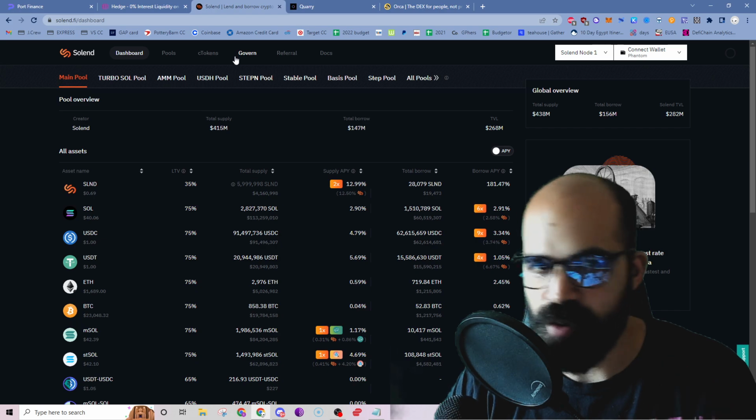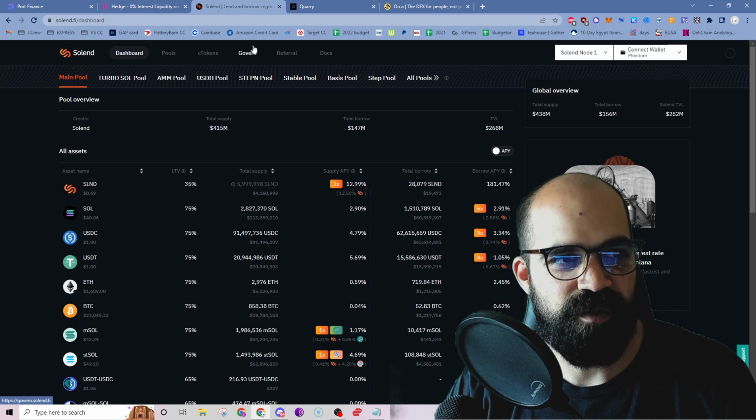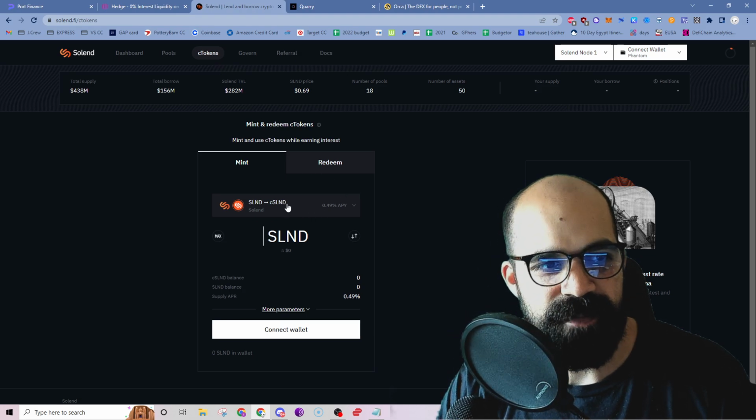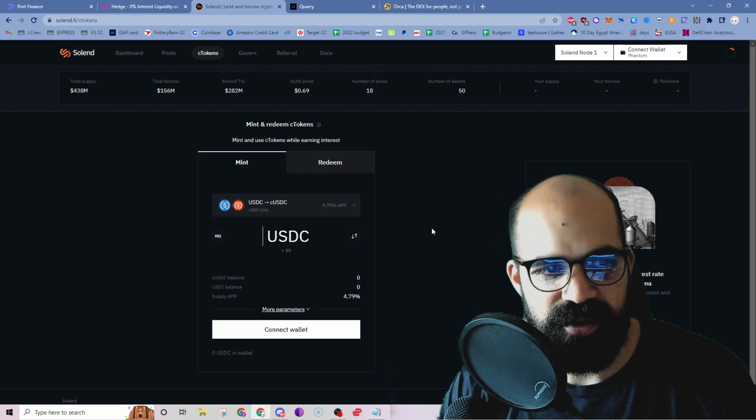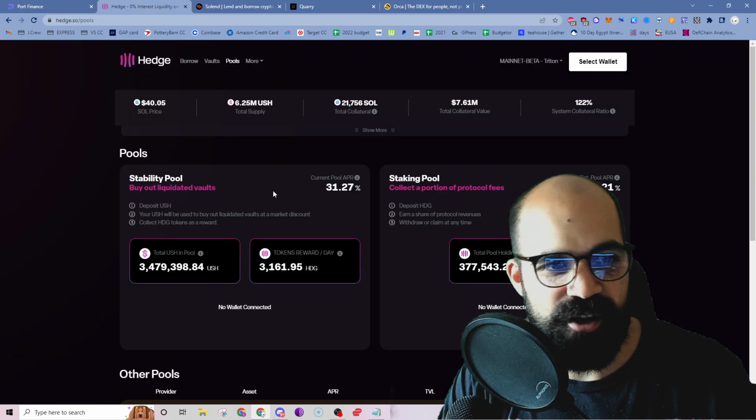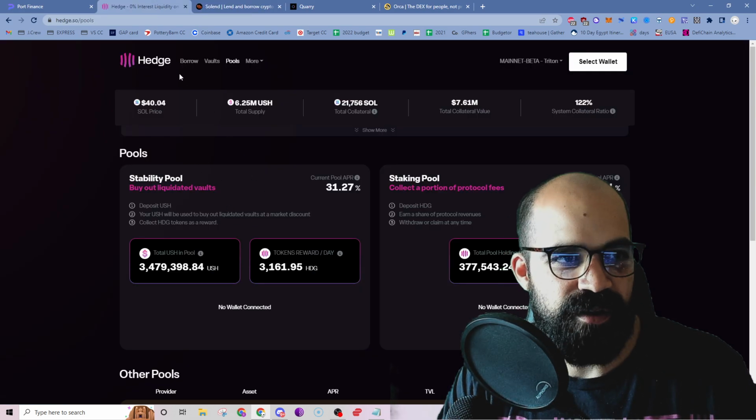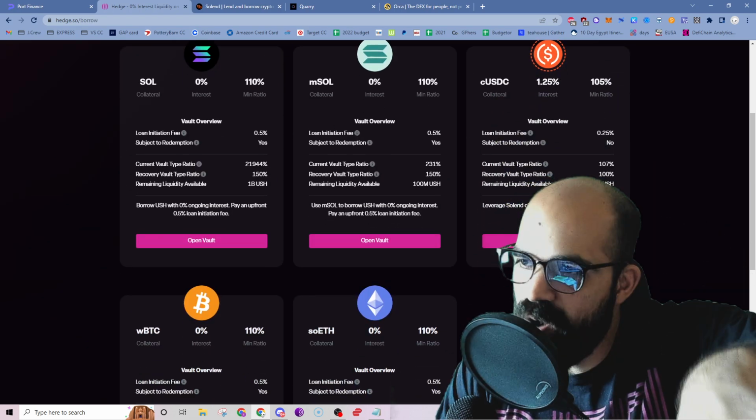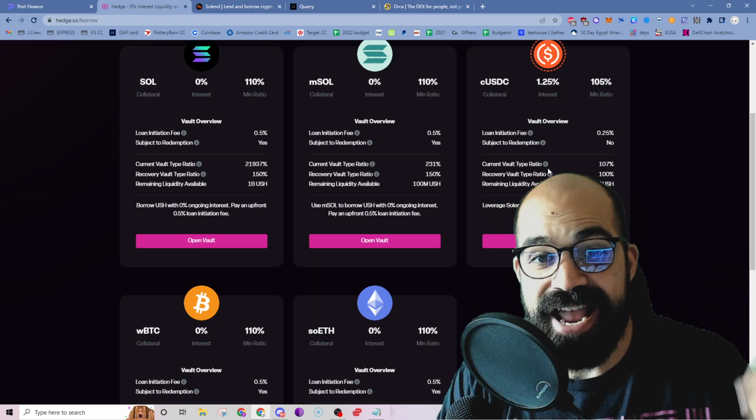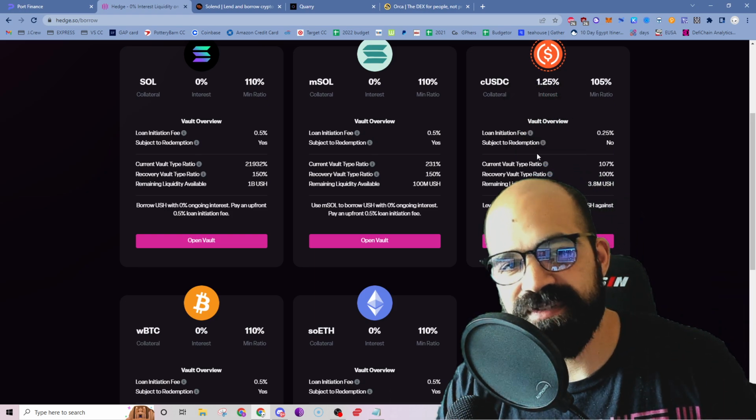So again, you can come onto Hedge. Actually, you would maybe go onto Solend. You would go over to C tokens, potentially. This is just what I might do, right? You would convert some USDC to CUSDC. Take that over to Hedge. Click on borrow. Open a vault, collateralize your CUSDC, borrow at 80% LTV, so you can borrow 80% USH